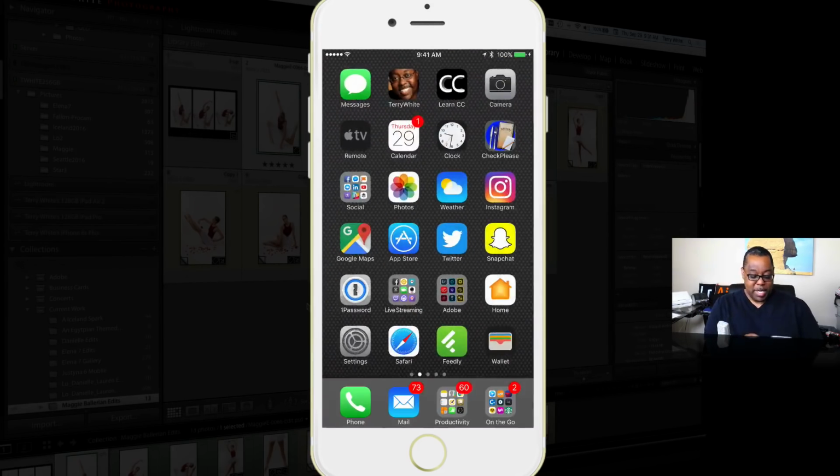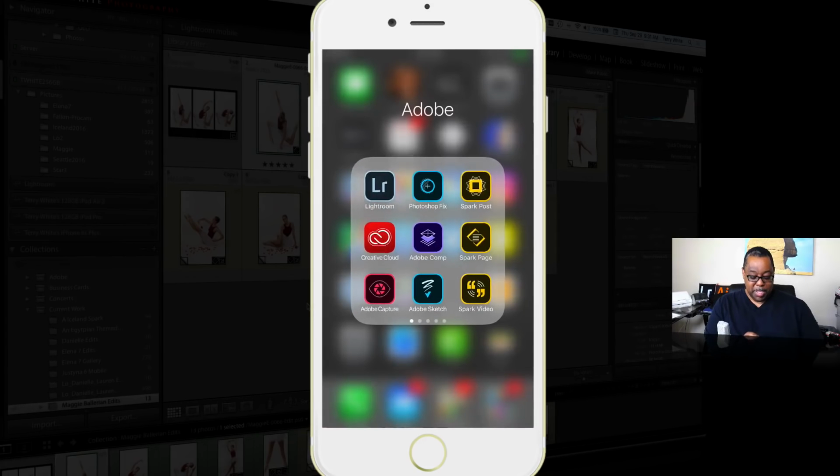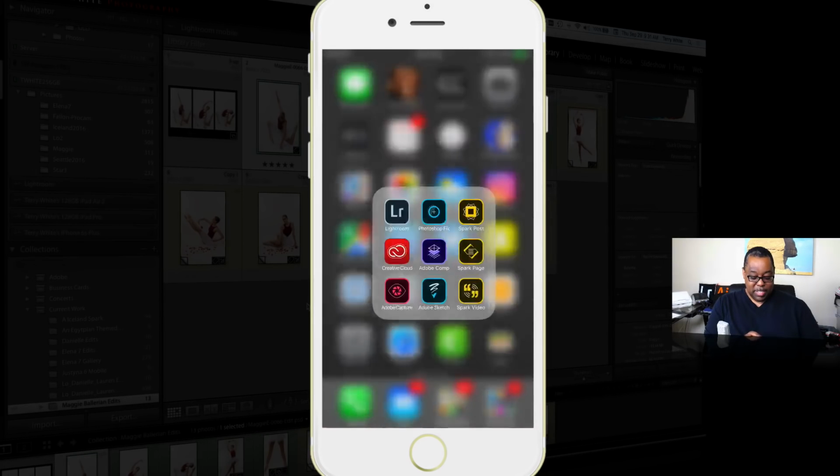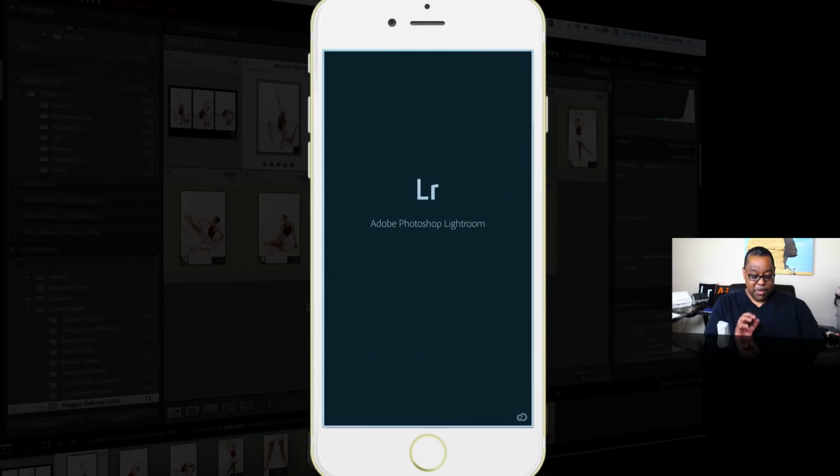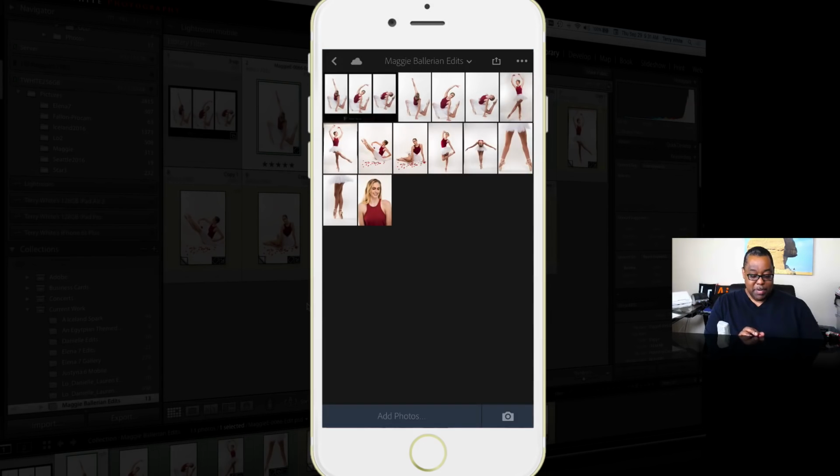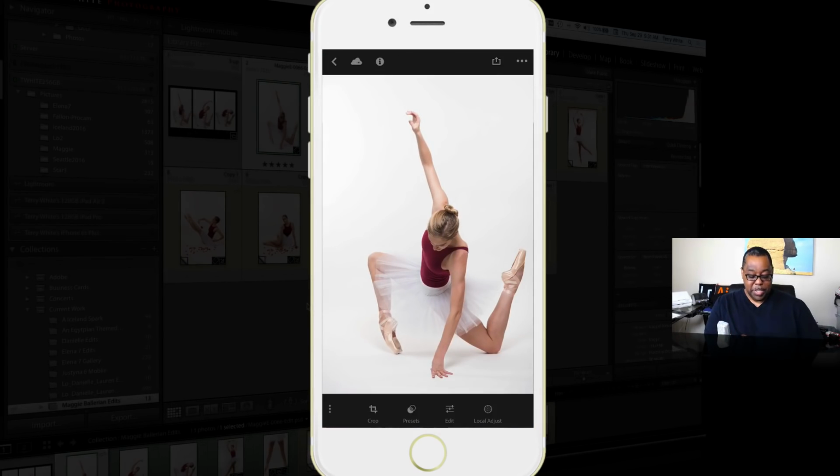So I'm going to bring up my iPhone 7 Plus here. I'm just going to go ahead and tap on my Adobe folder. Inside my Adobe folder, I've got the Lightroom app. So when I go to Lightroom, here are the same images we were just looking at, and I can get one of these images. Let's say we want to go to this one, same one we were looking at before. And now if I want to post this to Instagram, I can go straight from Lightroom Mobile to Instagram, and